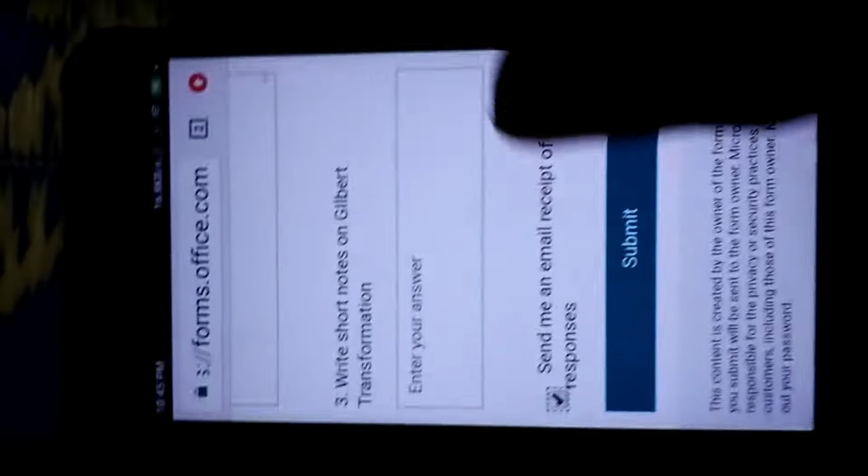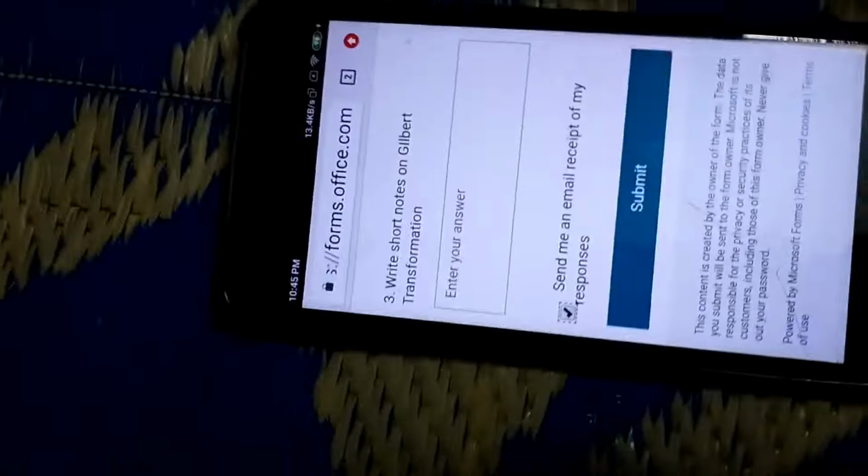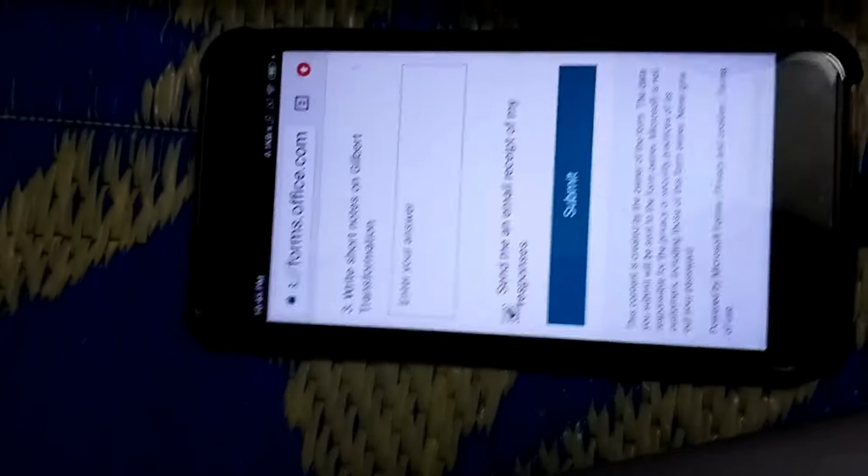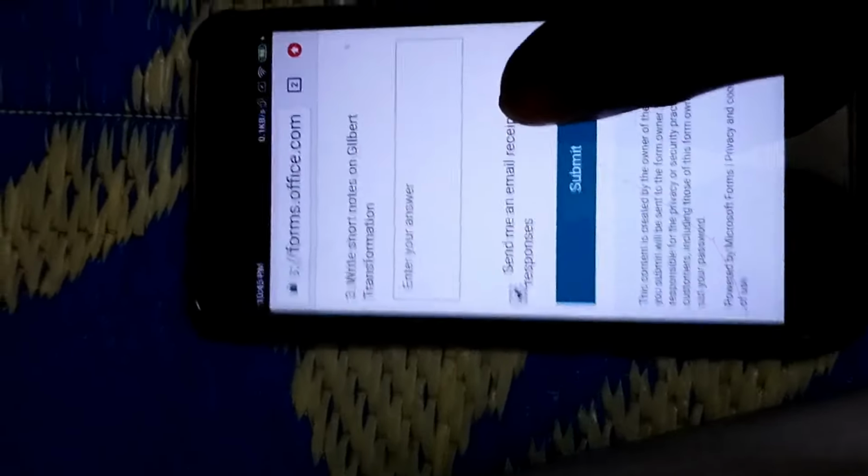Now, no need to write for this short answer type question. You need to write your answer on your copy and then just take a legible snap. How to take and how to send, I will show you. After that, you just submit.